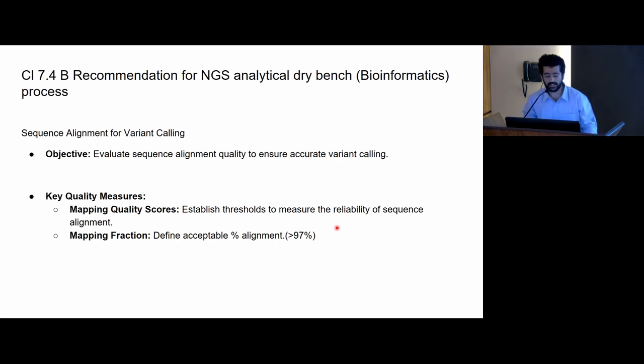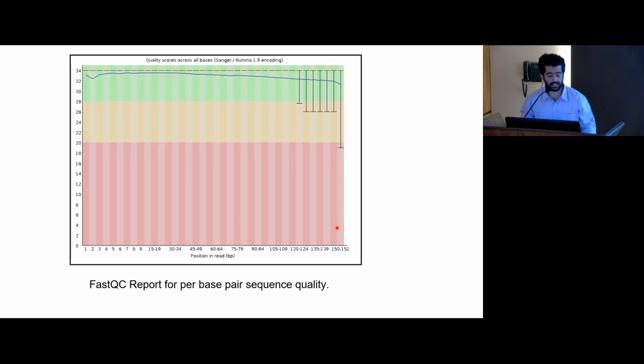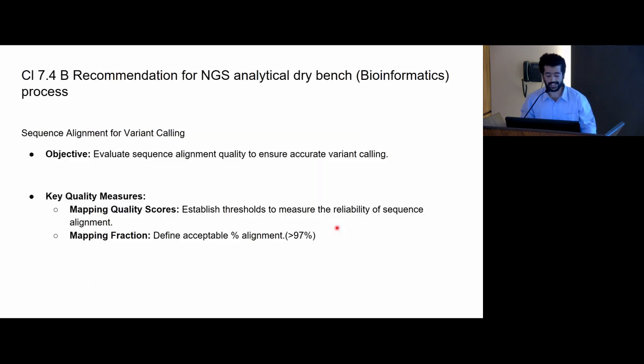So the first point is sequence alignment for variant calling. The main objective is to evaluate sequence alignment quality to ensure accurate variant calling. So basically, there are three key quality measures. The first is mapping quality scores, the second is mapping fraction, and the third is the base quality score. So mapping quality scores and mapping fractions cannot be used interchangeably, because map quality scores